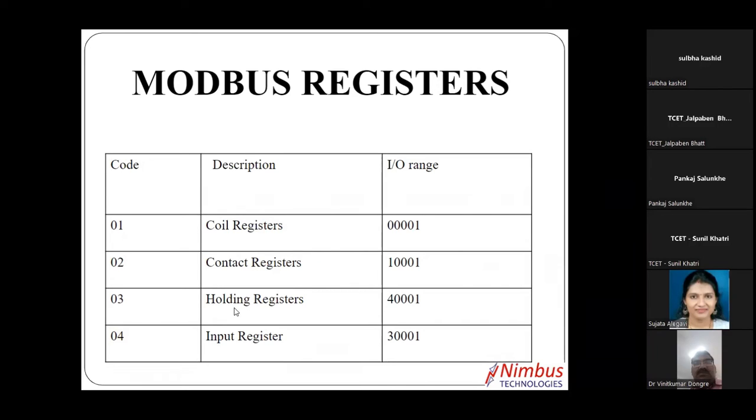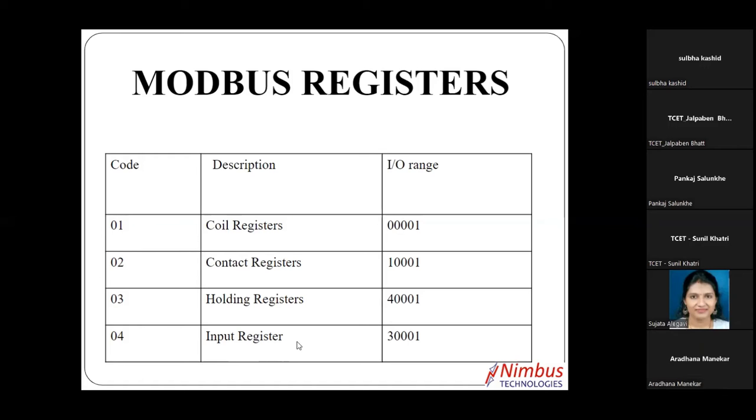Similarly, for the analog data, whatever analog data is read from the slave side, you can store that data in these two registers for analog data, that is holding register and input register. If your master wants to write something in the slave module, the register used is nothing but your holding register. So holding register has both properties, read as well as write, but input register doesn't have these two properties. It only